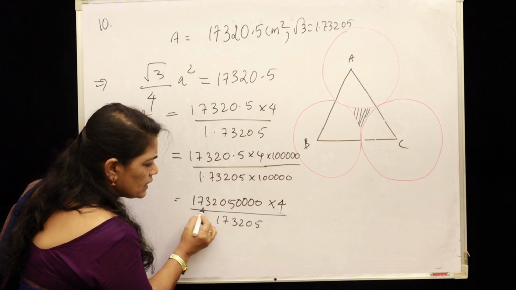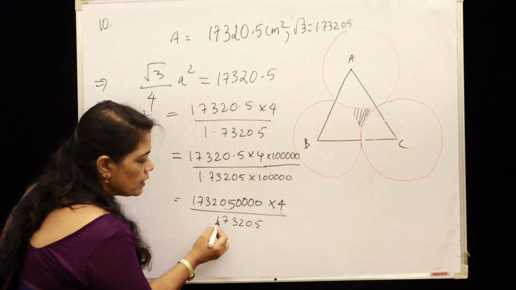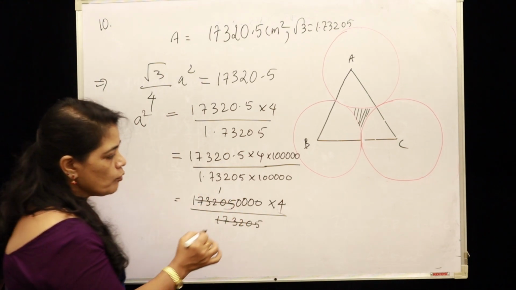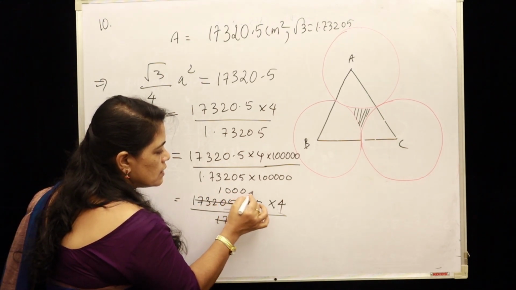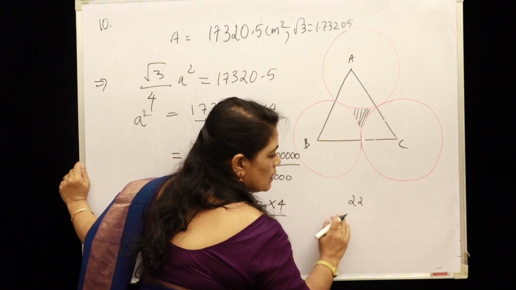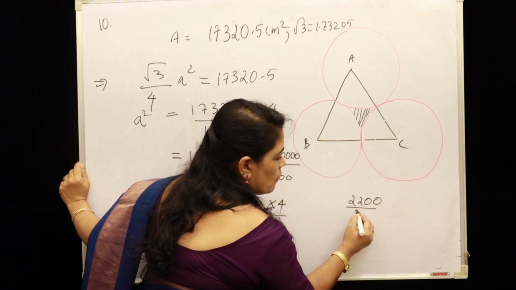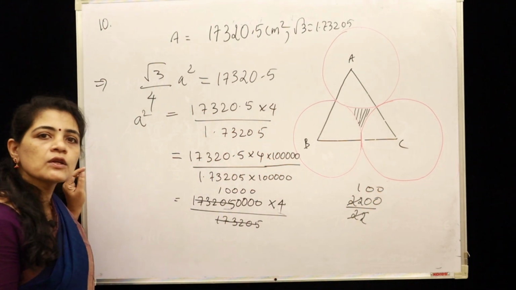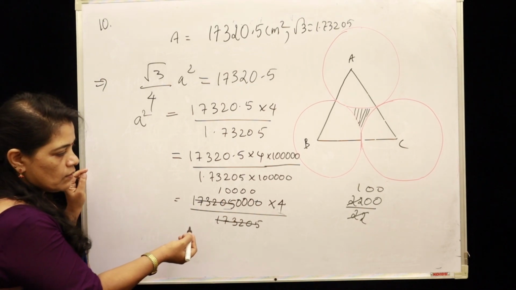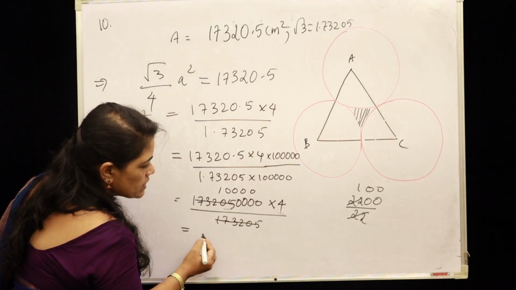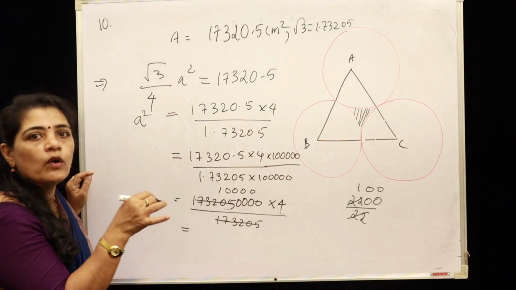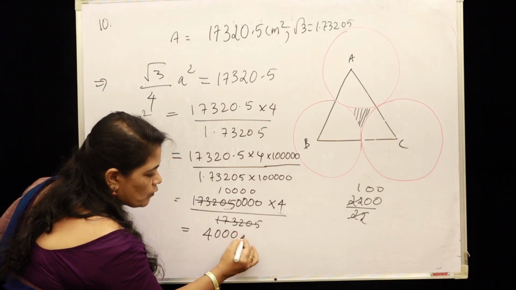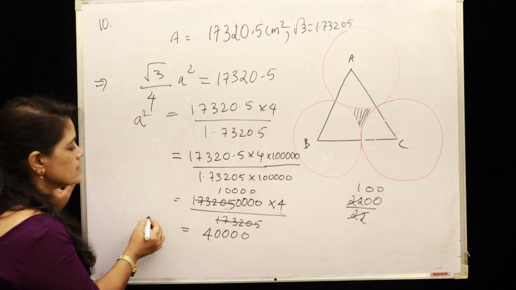So in the next step, in this number the non-zero digits are the same, so it will be 1 time, and how many zeros? 4 zeros. I will explain with a very simple example. Divided by 22, 22 in 22, 1, and the remaining 0, 2 0. So 100 likewise. So here you will get 1 with 4 zeros into 4, that is 40,000. 4 with 4 zeros, and this is a square.